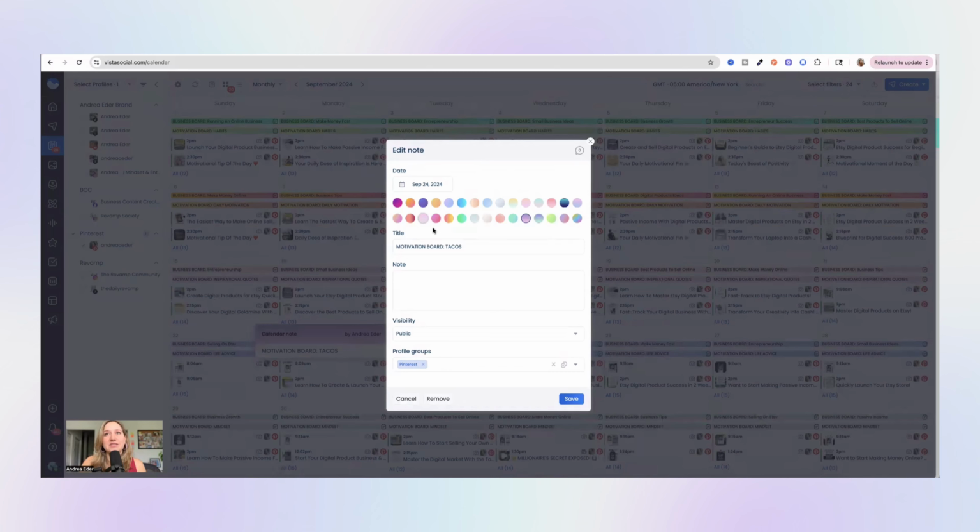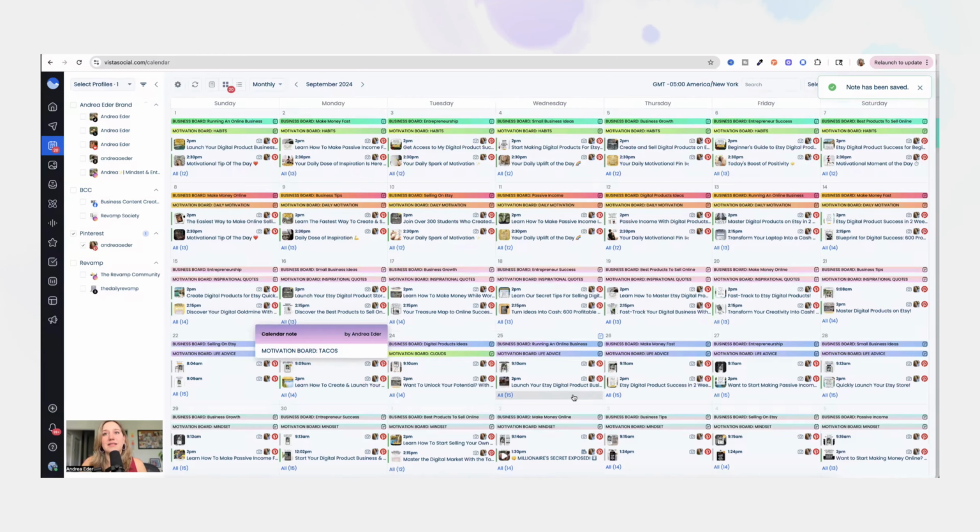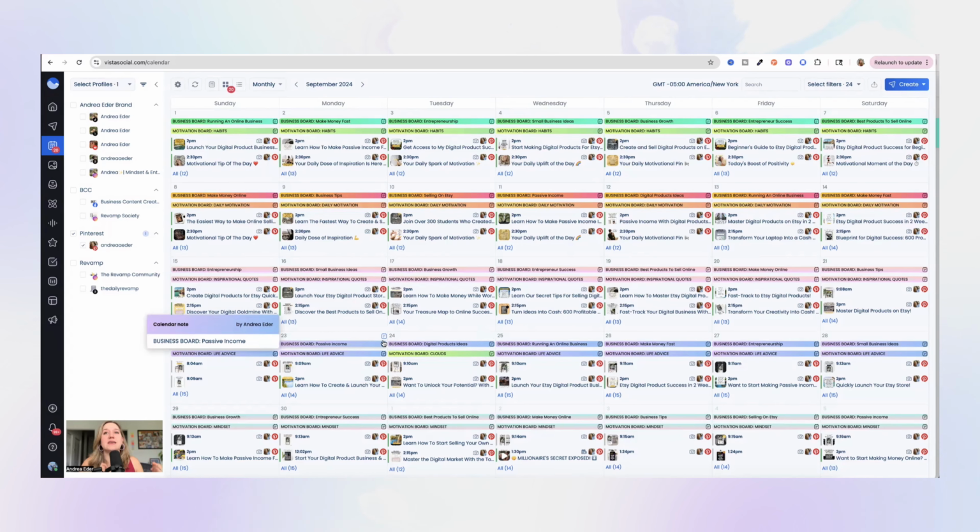But it's as simple as just coming in here and saying, you know what? I want to talk about clouds and I want this to be green. I save it. And then all of a sudden it's green and I am organizing all of my days based off of whatever works best for me and how I organize my business and just how I organize my content, right? So this is a super cool way to see what was posted that week, how to go back to